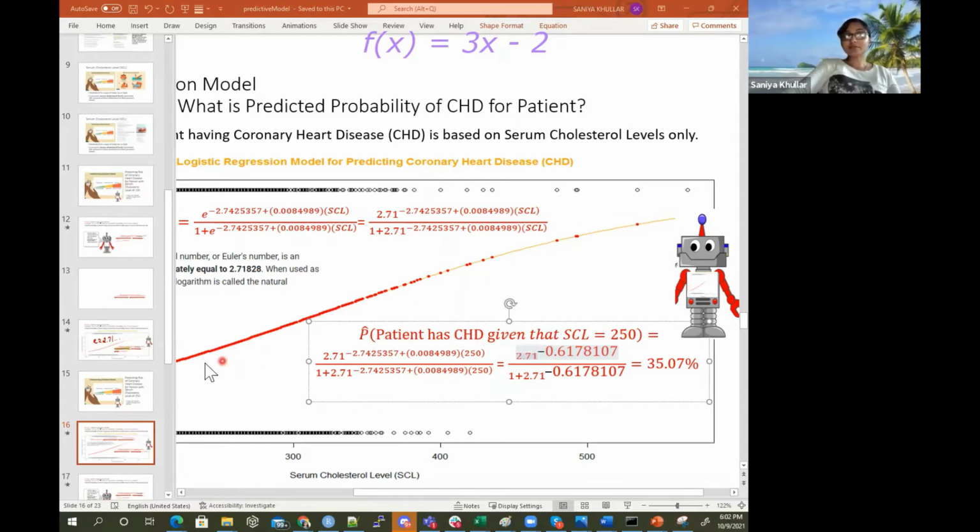So to get those values, this logistic regression model was designed by some mathematicians and statisticians. They designed a model that can help you predict some probability of some outcome. Probability that you have coronary heart disease, probability of you getting into this college, probability that it's going to rain tomorrow, probability that the market will go up, the probability